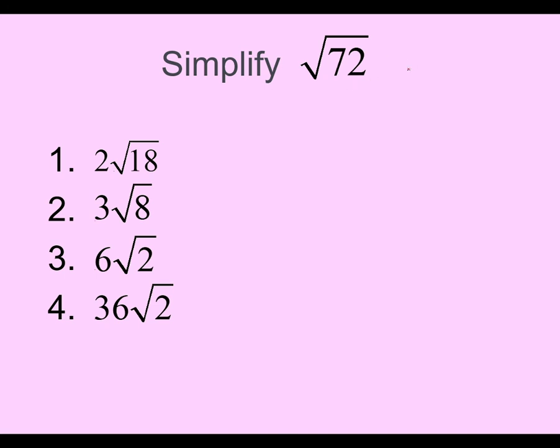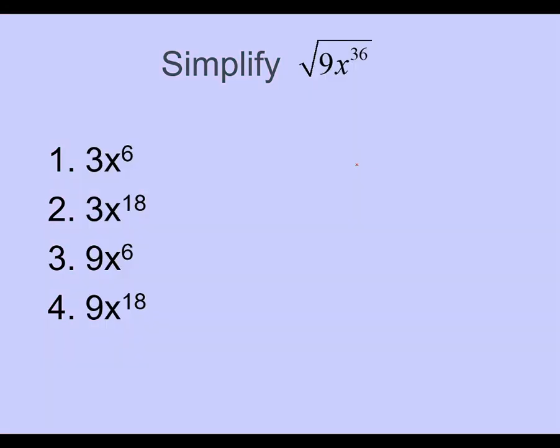So, exercise. Simplify square root of 72. Pwede nyong i-post. And then, try nyo sagutan. The answer is 3, no? So, square root of 72 is 36 times 2. 36 times 2 is 72. That's why 6 square root of 2. Next, square root of 9x raised to 36. So, even siya, kalahati. The answer is